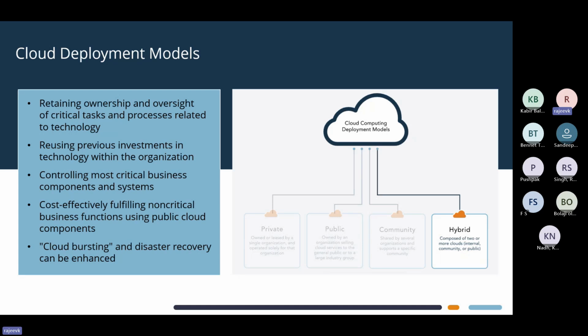One more possible use case of hybrid cloud is cloud bursting, specifically in a disaster recovery situation. Think about a situation where in your private cloud you're running out of space. You don't have storage. You don't have the necessary processing power. Are you going to purchase a new machine, might be for a few months or might be for a few hours? No. So what you will do is fire up an instance on the public